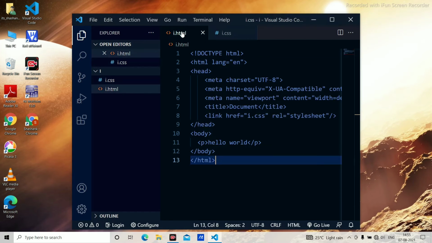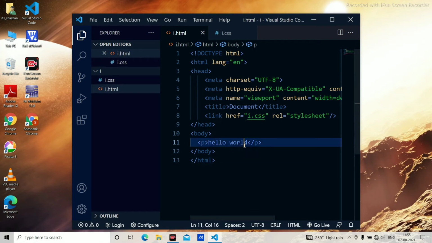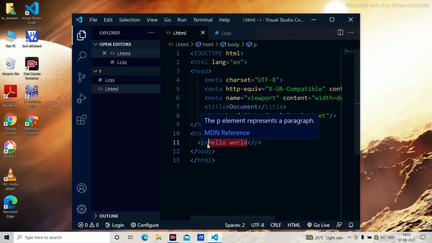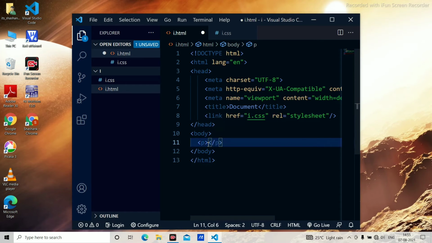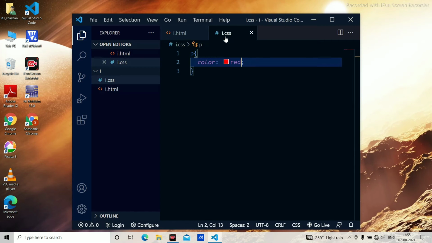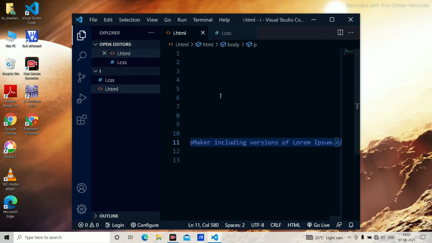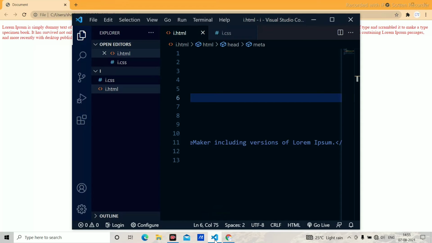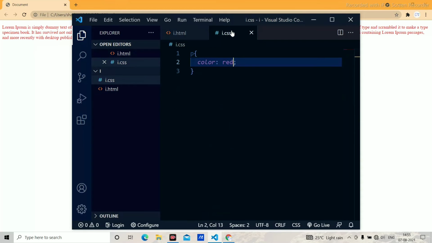First of all, I have copied some text from the browser. You can just type random text and you will find some text like Lorem Ipsum, which is Spanish text, and just paste it here, and I will save it, and I will open it in a default browser. As you can have a look at here, when I open it, here is the whole text, and for this text I am going to add the text indent.